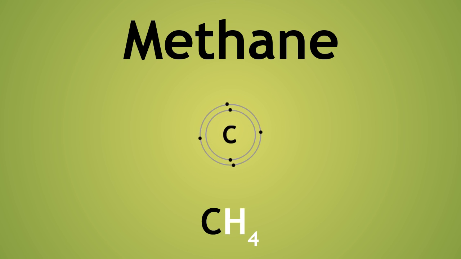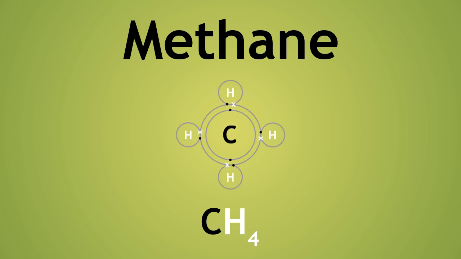Carbon has 6 electrons in total, 4 of these being in the outer shell. Carbon, therefore, always needs 4 more covalent bonds to be stable. In methane, the 4 hydrogen atoms have only 1 electron and so covalently bond to the carbon atom, each sharing